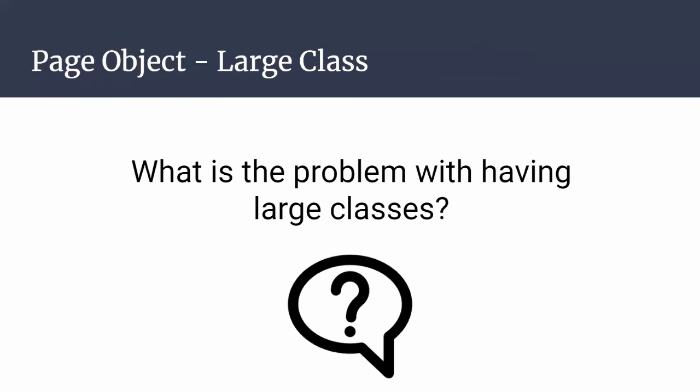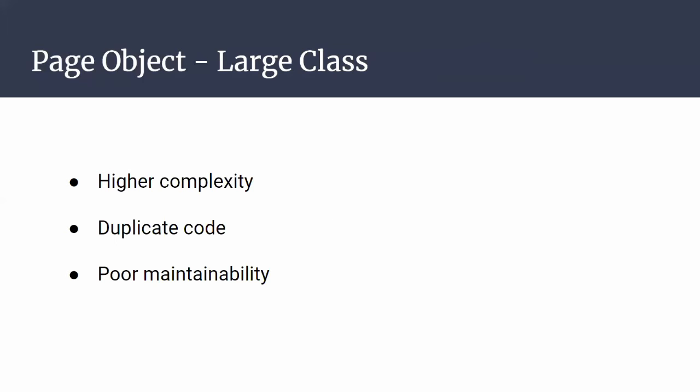But what is the problem with having large classes? Well, if we have a page object with large classes, the page object will have the opposite effect in our code. It will not help us to have a more maintainable test automation project. We will have a less maintainable test project with a page object with large classes, like the last one that we saw in the previous slide. And the problem is that